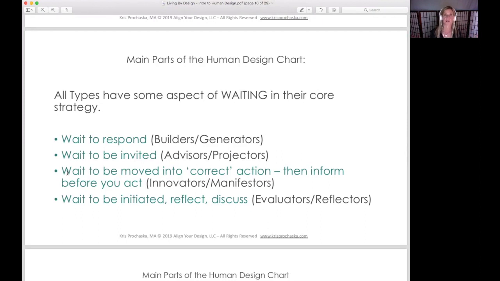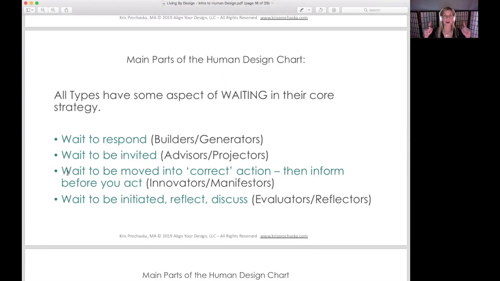The thing is that most of us hate waiting. I am a queen of impatience here. I don't like to wait any more than the rest of you do. But when you really start to understand that there is a beauty in waiting and learning how to wait and using your energy correctly, this is all about that energy intelligence. When you use it correctly, oh, it feels so good. And you get more done.